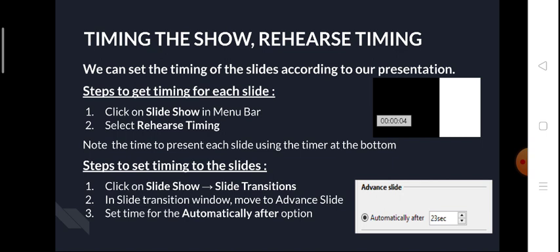There we have the option automatically after, and from there we can set the time to move from one slide to next. Set time for automatically after option, and it will apply the timing of changing the slide one to another.